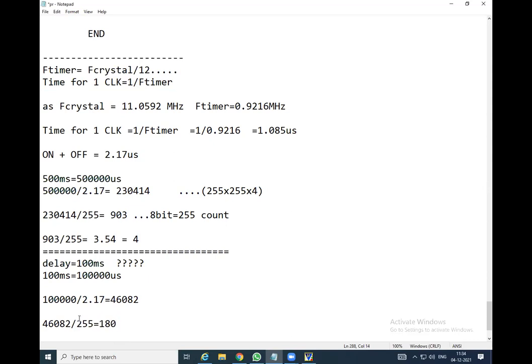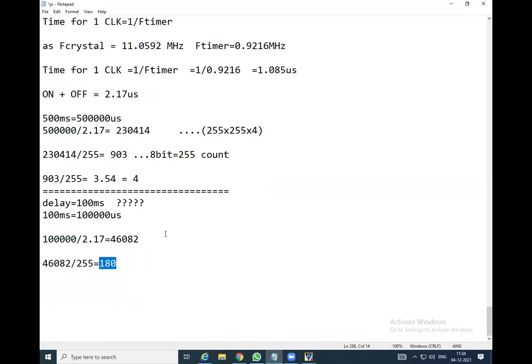So here we got the first register has to be loaded with 255, and the second register is going to be loaded with 180. In another way, if you write it like this, 255 into 180, that will be approximately the count we get, and that is what gives the 100 millisecond delay.